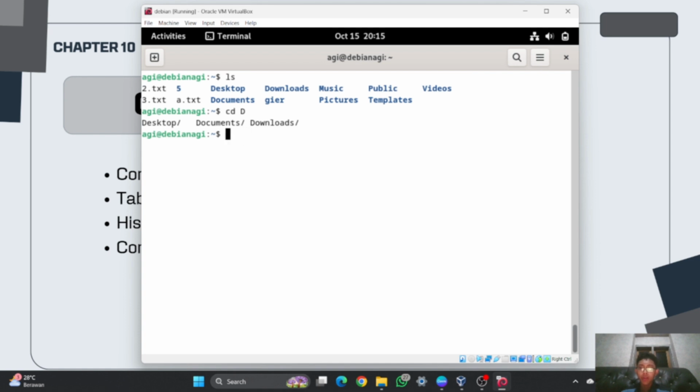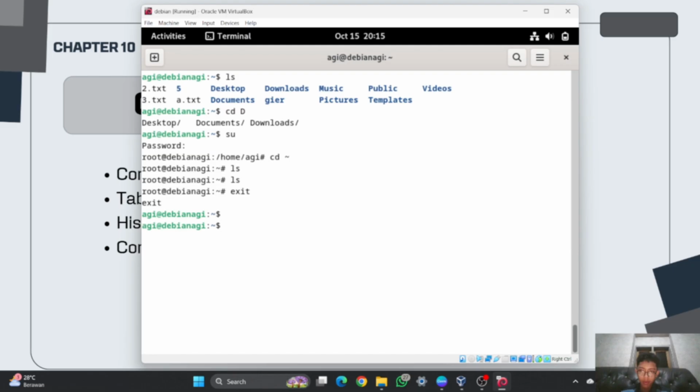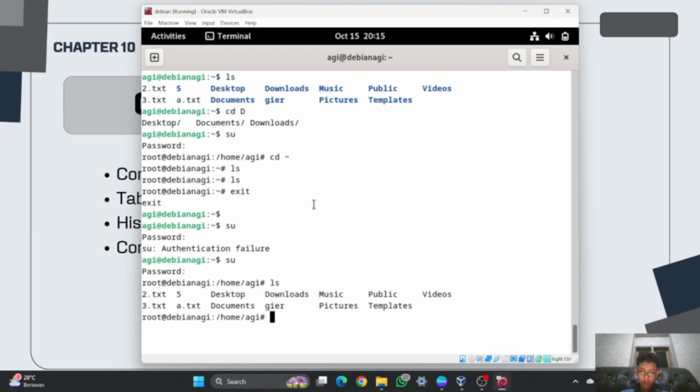And maybe, for example, I will go to root, so and then this password, and then cd, and then go this one. Oh, maybe, sorry, exit, so sorry, wait,